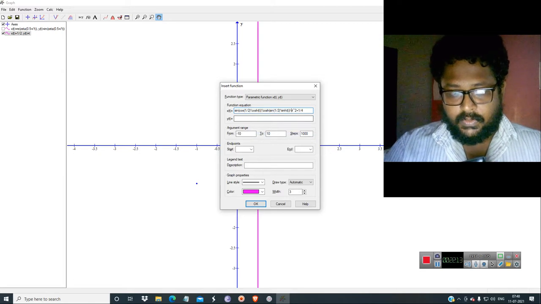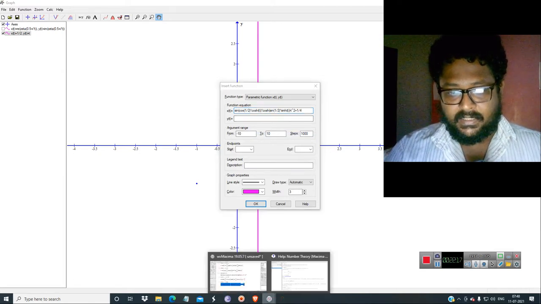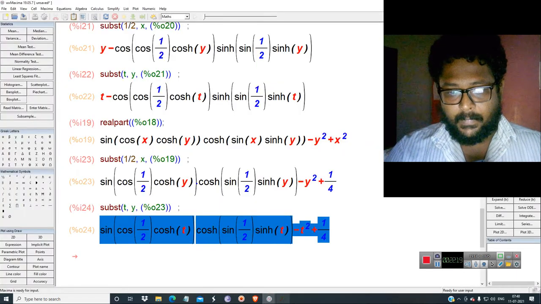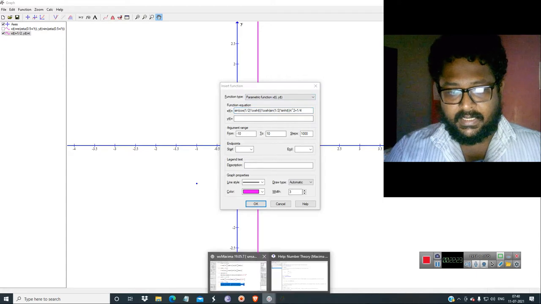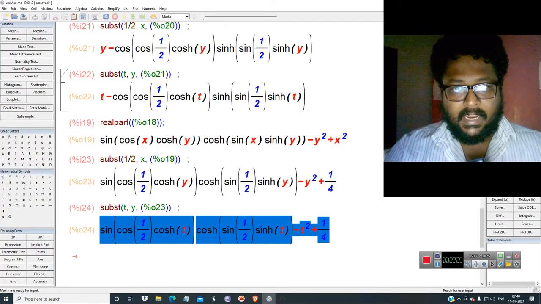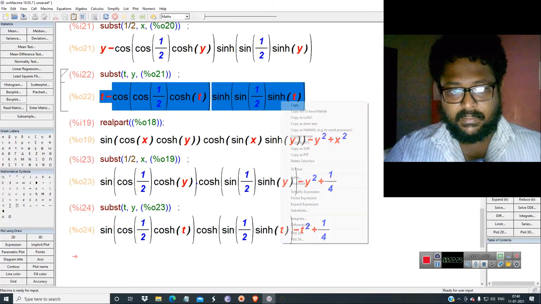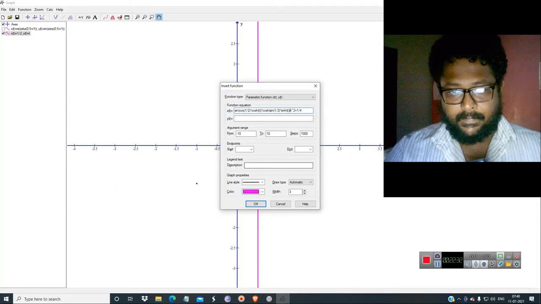You have to take these symbols. Okay, everything has been done. Again, get over here, take this and paste it over here.